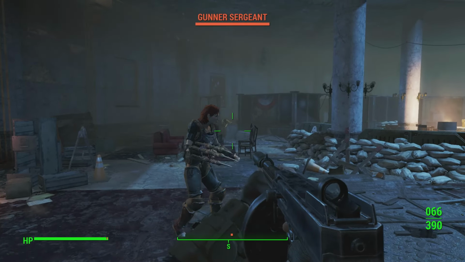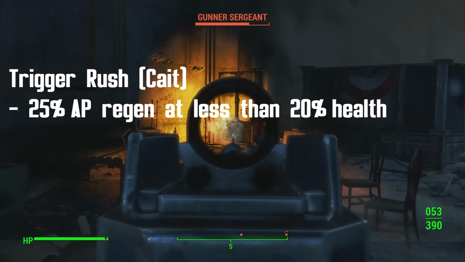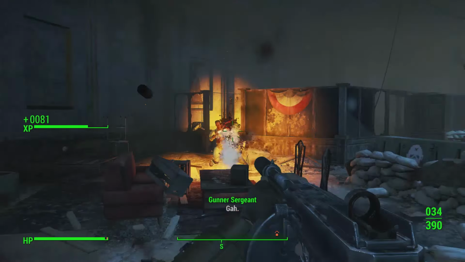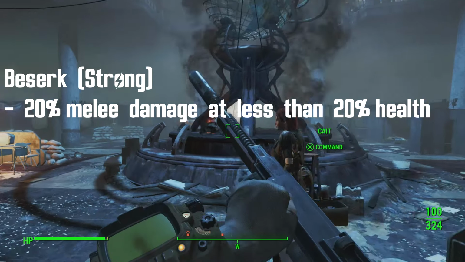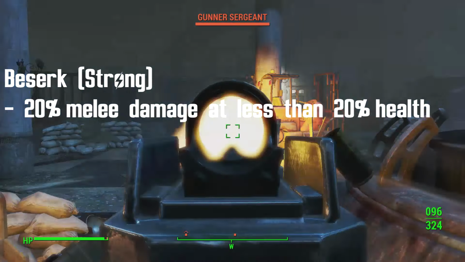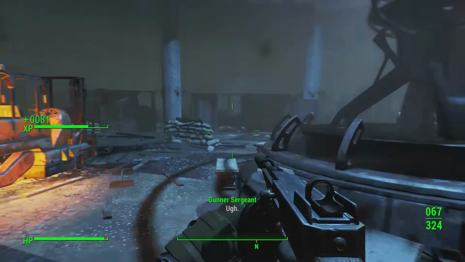Now, next we have Kate's Trigger Rush perk, which gives you plus 25% faster action point regen if the number of hit points is below 25%. This perk, along with Strong's Berserk perk, which gives you plus 20% melee damage if the number of hit points is below 25%, for the same reason as Nerd Rage, I can't really get behind,